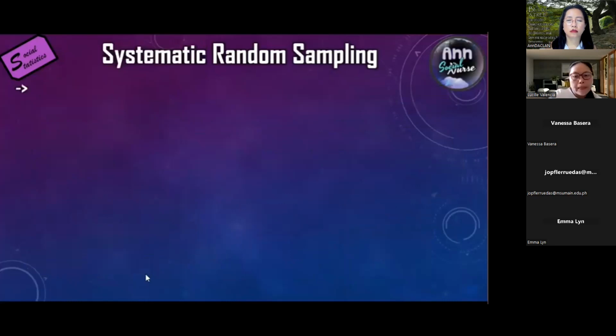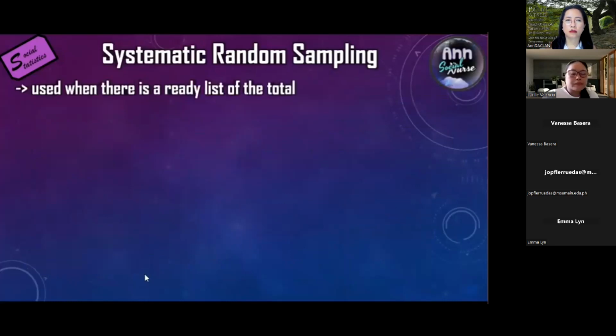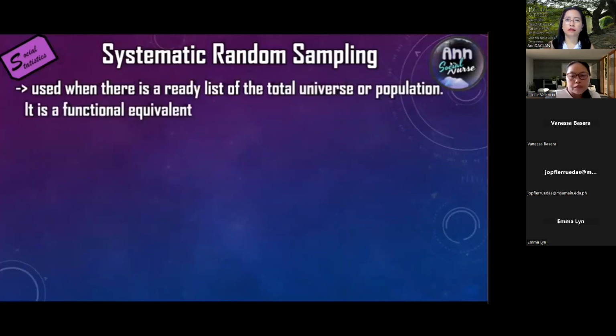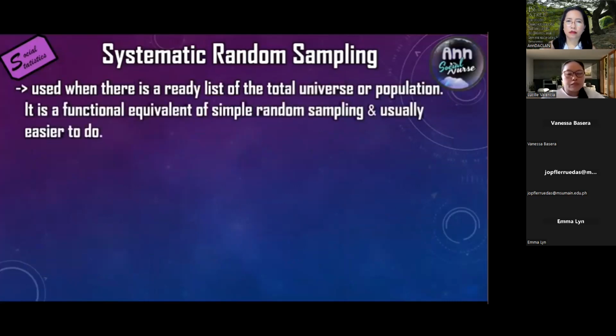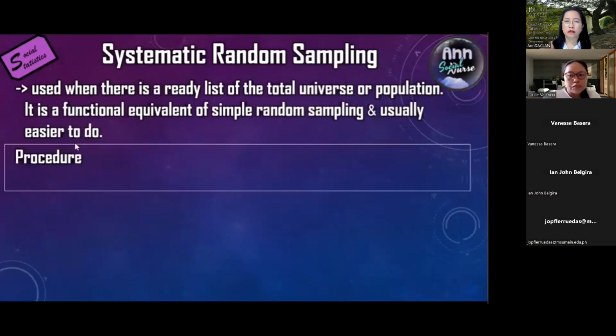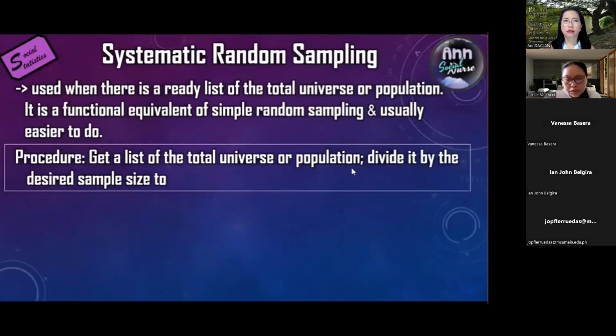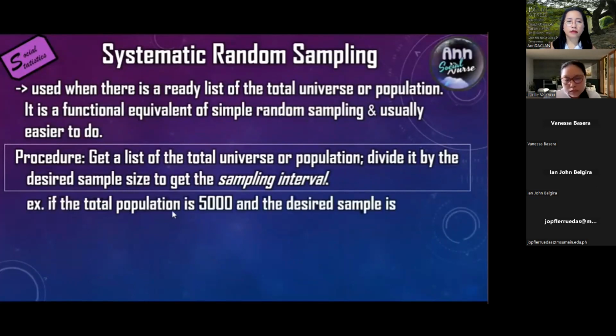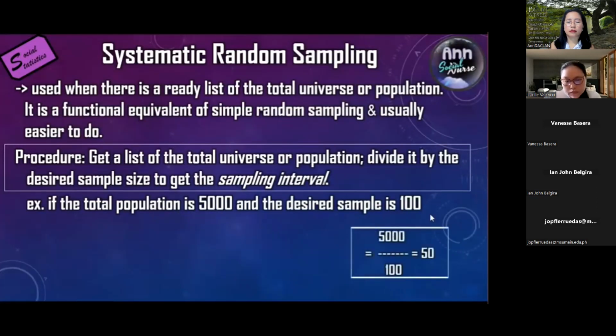Now, what is systematic random sampling? Used when there is already a list of the total universe or population. It is a functional equivalent of simple random sampling and usually easier to do. For example, get a list of the total universe or population. Divide it by the desired sample size to get the sampling interval. So, if the total population is 5,000 and the desired sample is 100, just an example, you're going to divide 5,000 by 100. So you have 50 as